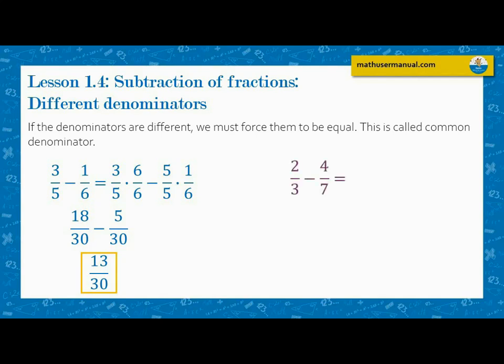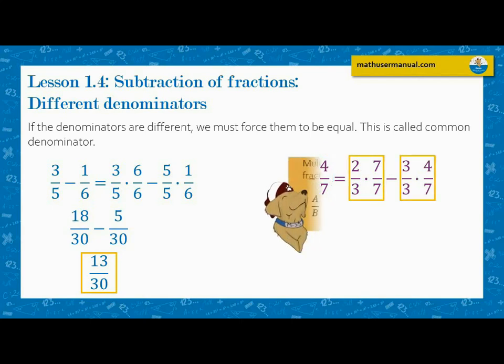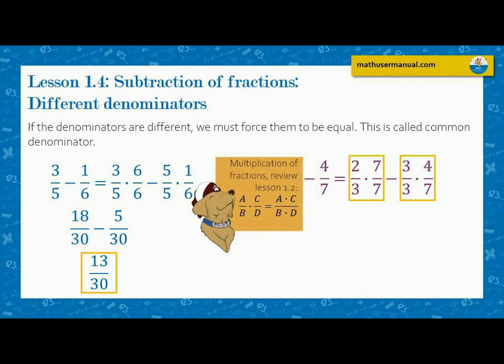Let's do it one more time. 2 over 3 minus 4 over 7. It's the same procedure, just follow the same steps. Copy the first fraction, write it as it is. Multiply times the second denominator, 7 over 7. This is a subtraction, so write the minus sign. Copy the second fraction, write it as it is, and multiply times the first denominator. This is a multiplication of fractions, which remember, you can review on lesson 1.2, but it's just multiplying both fractions